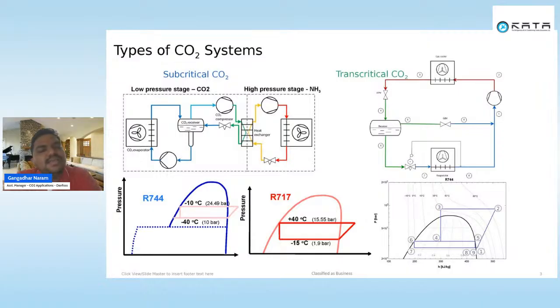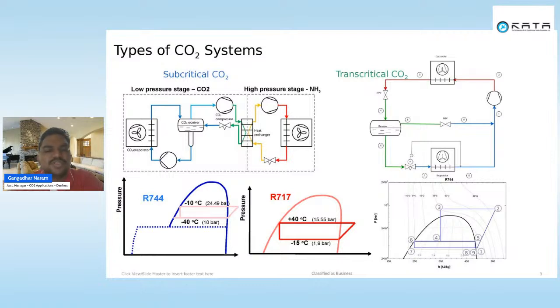So for that reason, we need to take another refrigerant as a help to make the CO2 behave in a subcritical region. For example, I want to operate my CO2 evaporator at minus 40 degrees centigrade. Then I need to design a system with a cascade heat exchanger. In this cascade heat exchanger, all the heat rejected from the CO2 condenser goes to one more refrigerant on the higher side, which may be a freon refrigerant or an ammonia refrigerant.